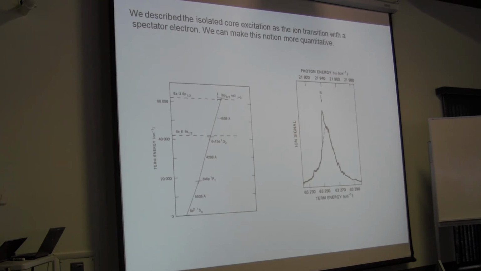Okay, anyway, let's go on to the isolated core excitation again. So I essentially claimed that what's happening when I drive this transition is that the barium plus is making a transition and the outer electron is just sitting there watching. So I would like to make this notion a little bit more quantitative. In fact, you can make that more quantitative. And I would like to motivate it by considering what happens to this spectrum if I simply raise the power in this laser. So actually, I should point out, to obtain this spectrum required lots of neutral density filters. So if you raise the power,